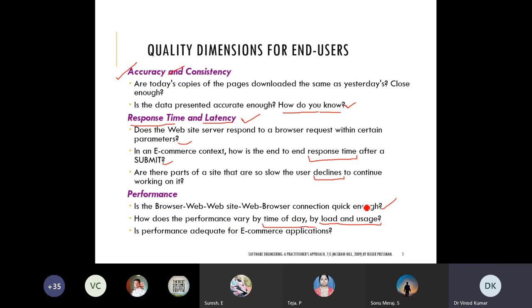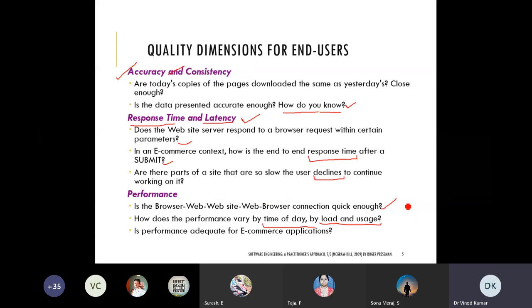Say for example Flipkart in the festive season, or any major website when the shopping season comes, their performance may definitely degrade. Why? Because so many persons will come over the website. Because it works in a time sharing environment, the server will respond late.